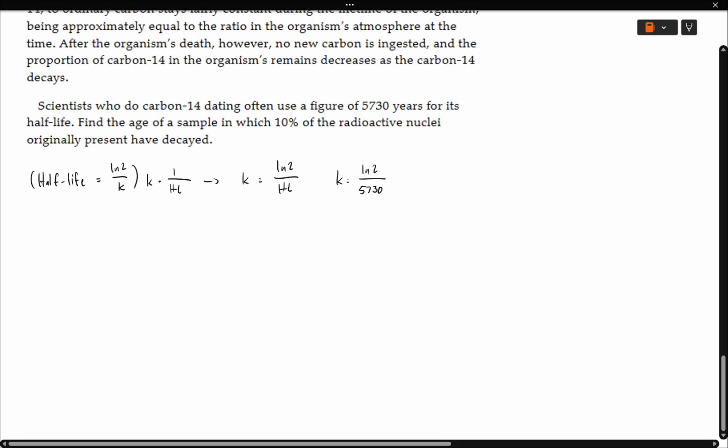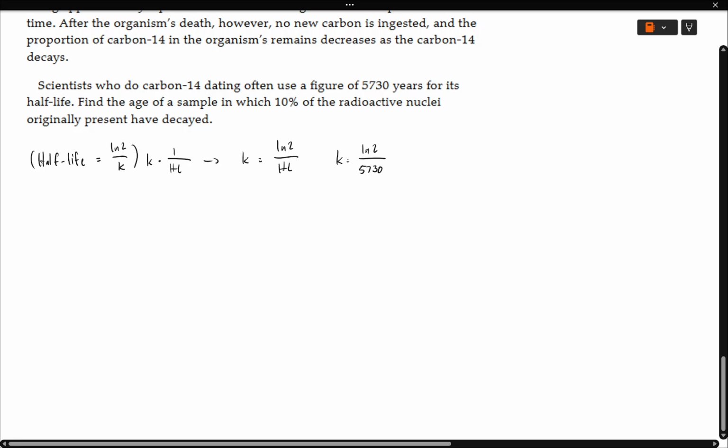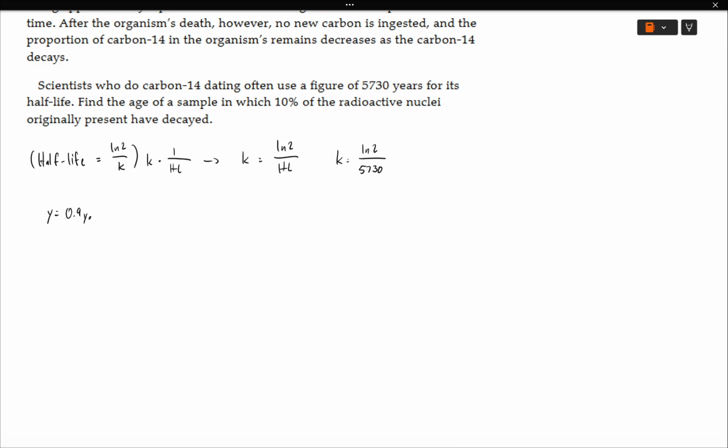Okay, so we want to find t when y is 0.9 y naught, or is 90% of what the original value was. So in this case, we have y equals 0.9 y naught, and that's also equal to 0.9